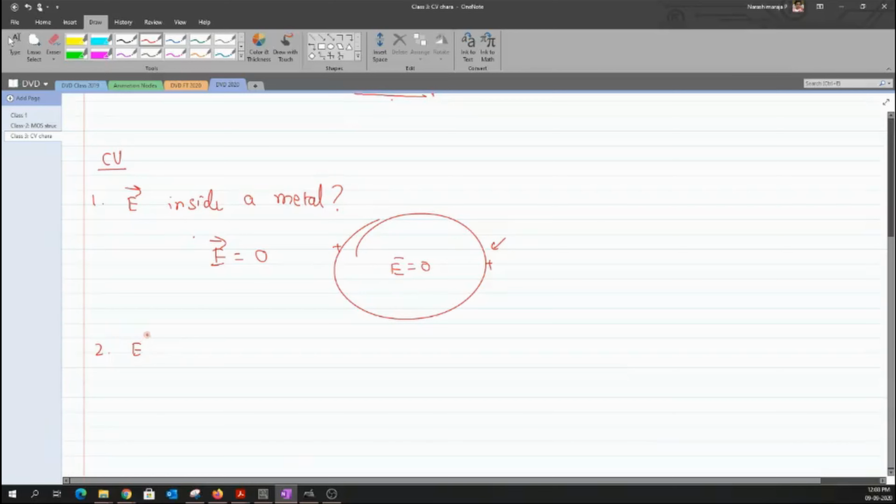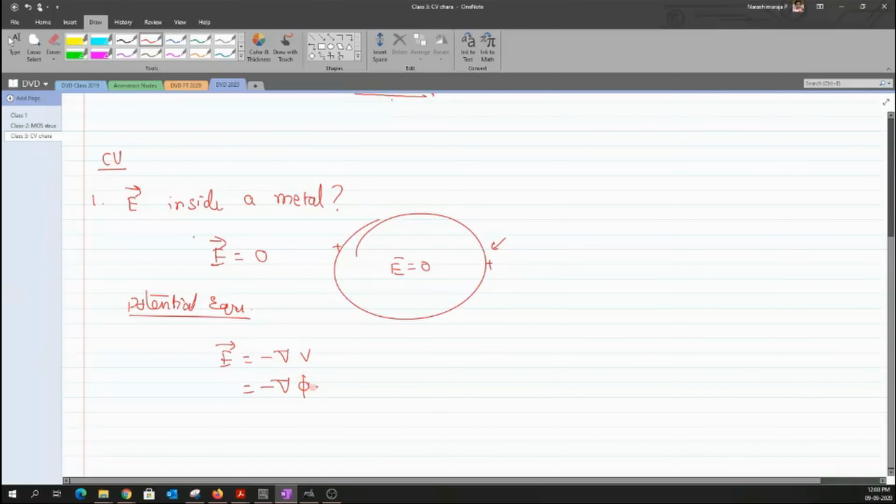Let me try to complete the other thing. We know from the potential equation, I guess everyone knows about this, that the electric field can be derived from a potential. So we have E equal to the negative gradient of a potential field. Sometimes it is written as gradient of V, or sometimes as gradient of phi. Whichever notation you are comfortable with, you can use it.